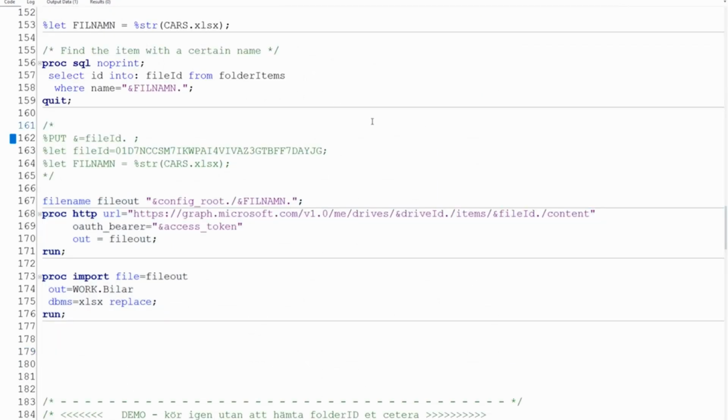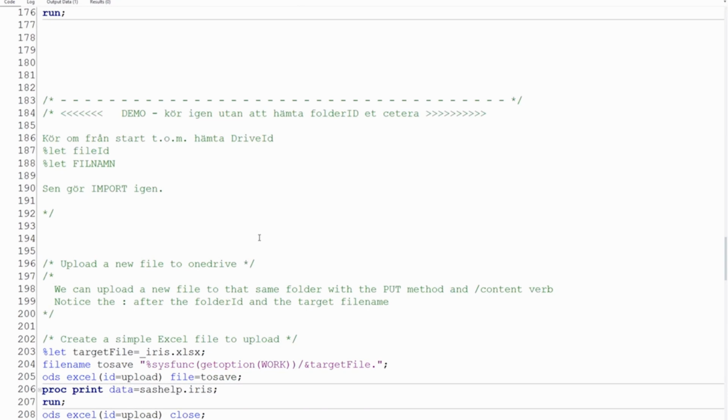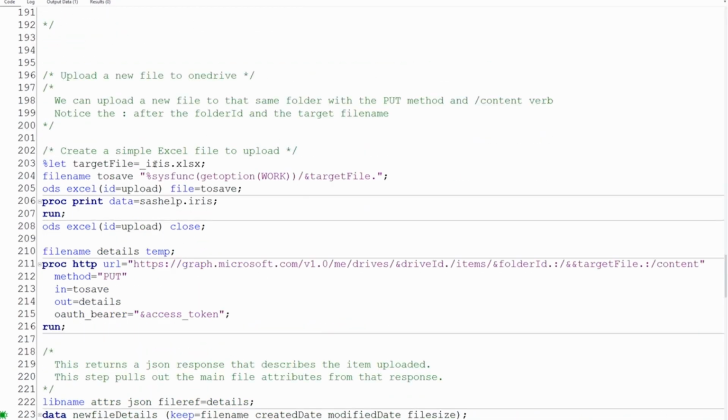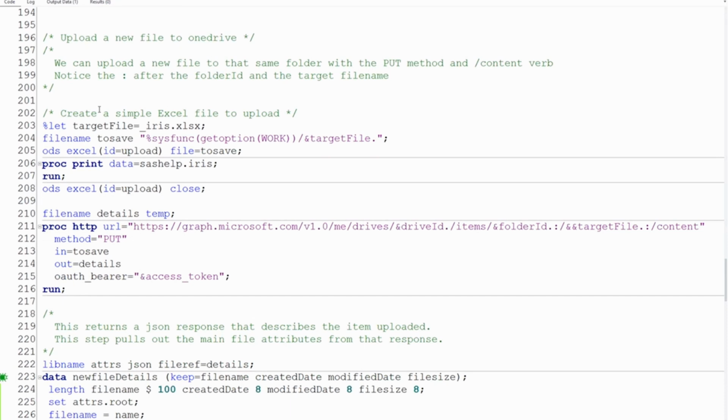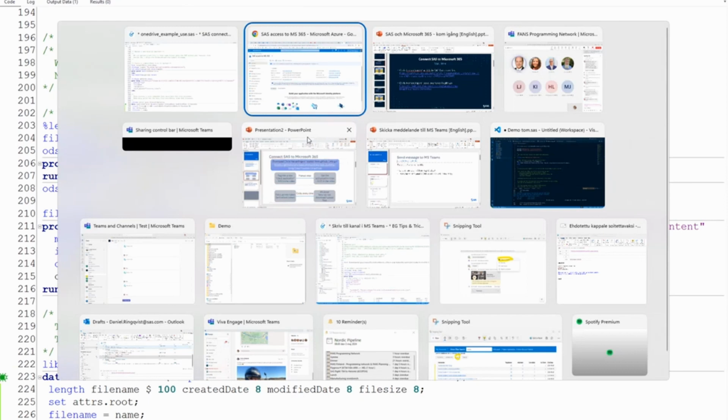Did anyone understand what I did? Yeah. So it's not complicated. It's just uncommon. You haven't done it before. But mostly the steps in the beginning are kind of the real strange things. And I will do a demo, start from scratch and show you that you can go exactly and fetch the file. But I'll just continue by also uploading a file to my